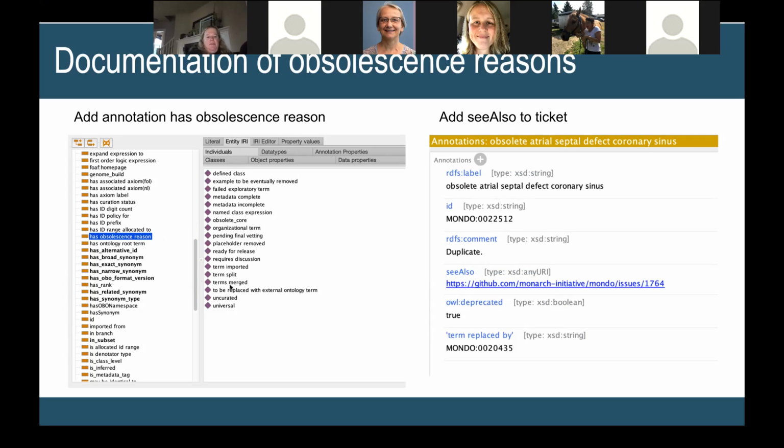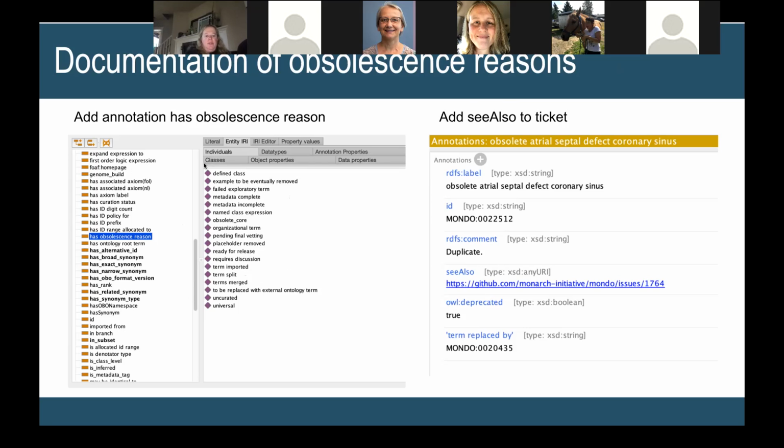But I try to use standardized free text when I add the obsolescence reason, like if the term is merged. These include things that don't just apply to obsolescence. I did try to add another one that was out of scope, and I think that got hung up on a tracker and hasn't been fully added. It couldn't have been RO, that doesn't seem right. Maybe it was COB. I can't remember now where we added it, but yeah, we can add standardized